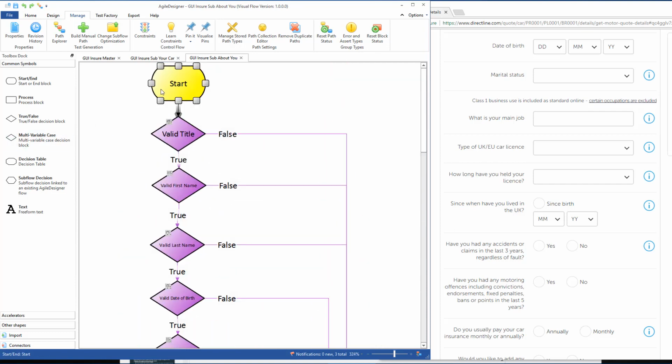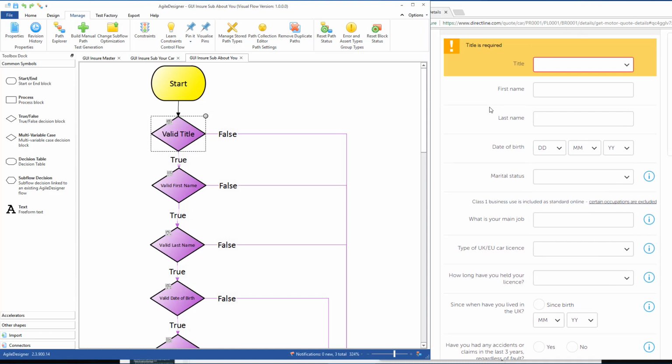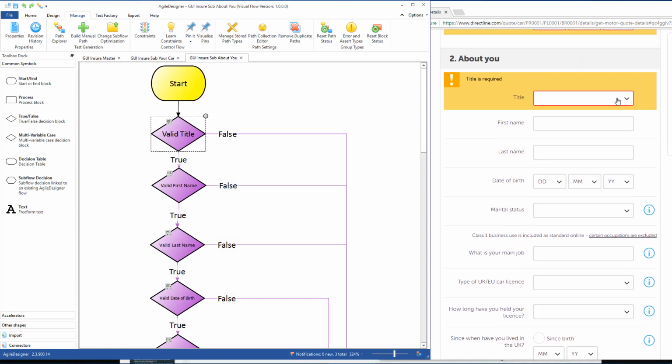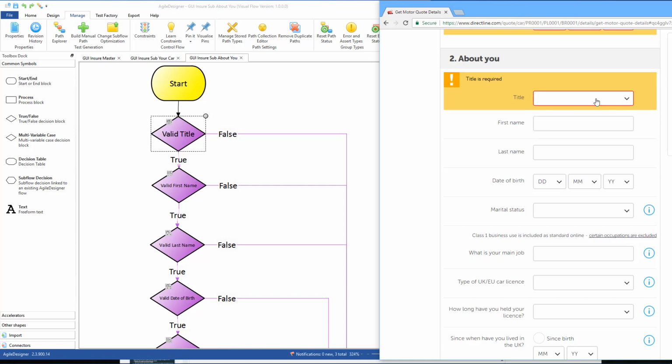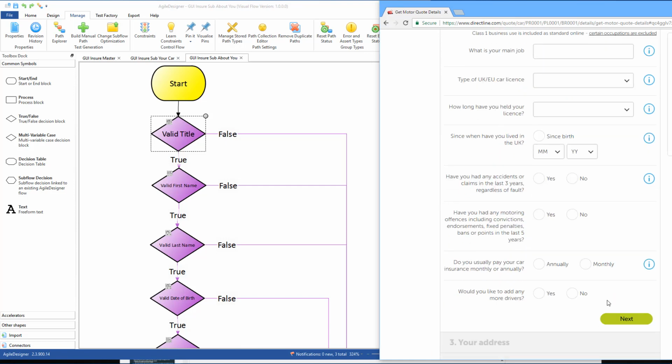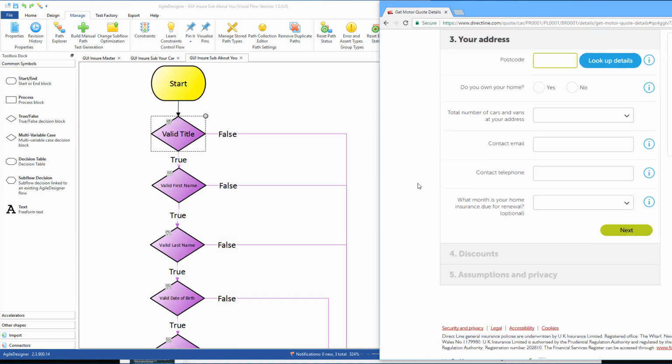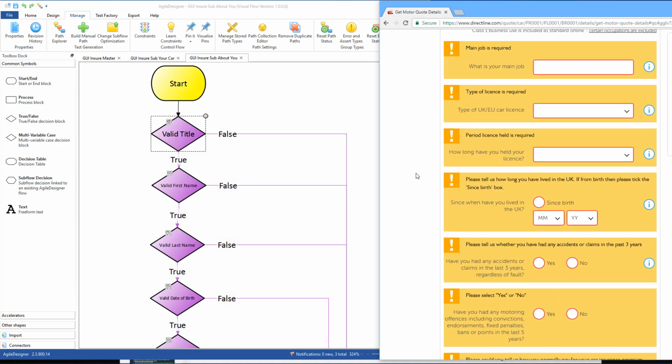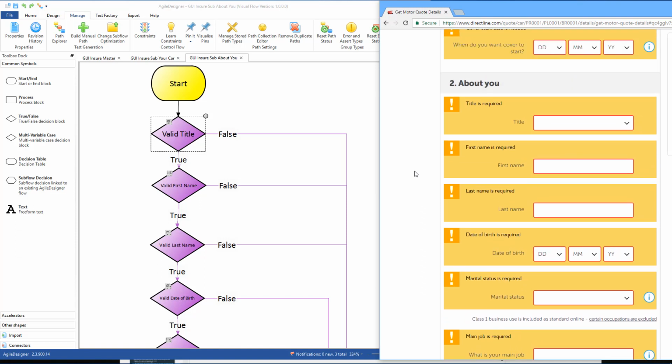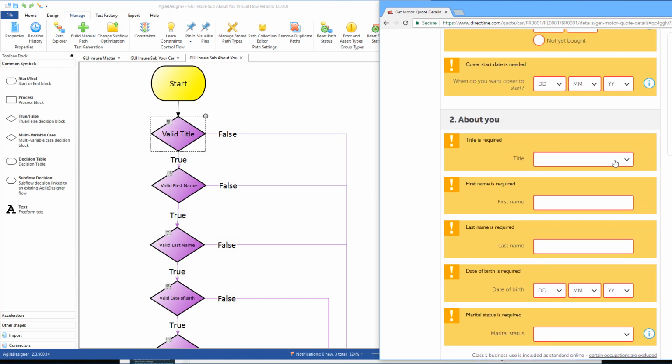So the typical way this is done is I have say a job title here. Now if I look at the form itself, you can see that the job title is a drop down, and it's possible for me not to select it. So if I click next and scroll back up again, as you saw earlier, it validates that and says title is required,